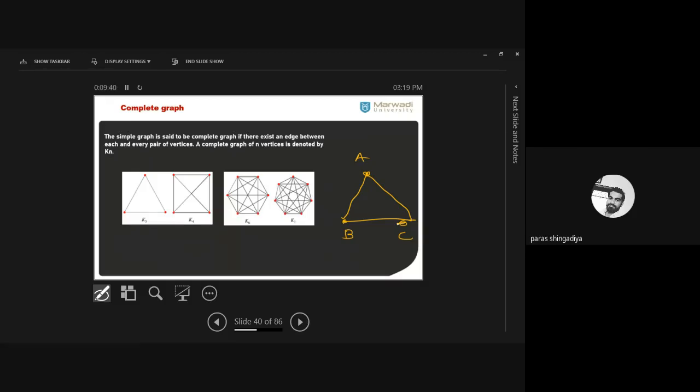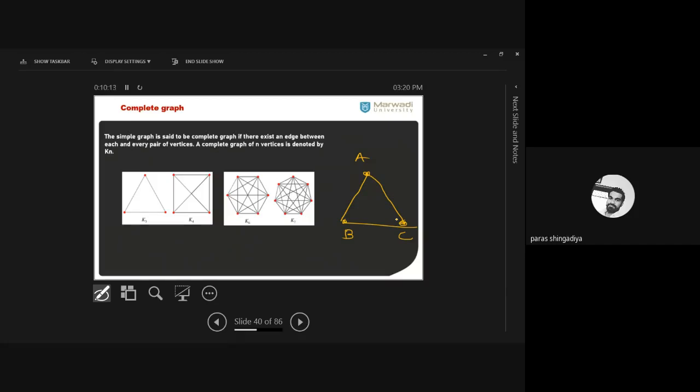Okay, this is also a simple graph. If I remove this edge, that is a simple graph. There is no loop and no parallel edges. Again, if I remove one of the edges, that is also a simple graph. There are only 3 vertices, but when we add some of the edges, that is also a simple graph, as long as it is simple. But if we connect A and C also, that is now a complete graph. So a complete graph is a part of simple graph.